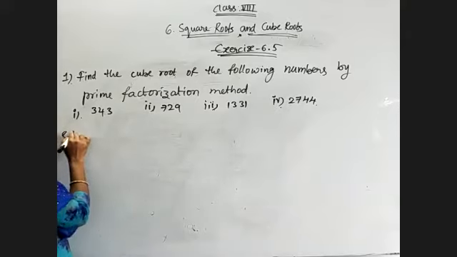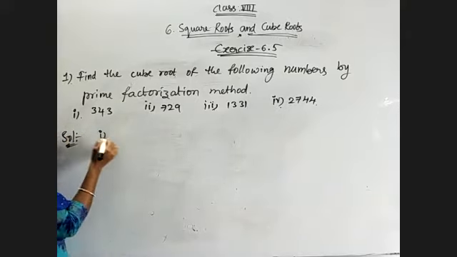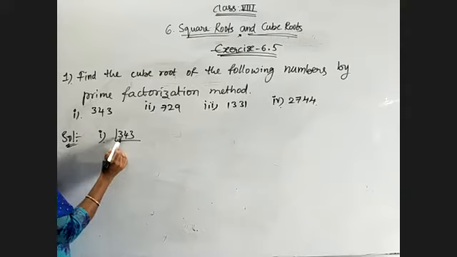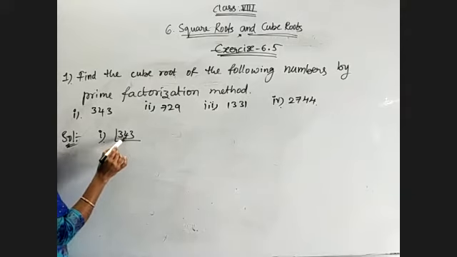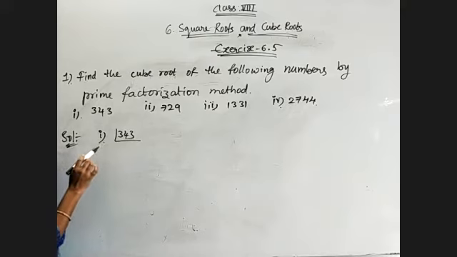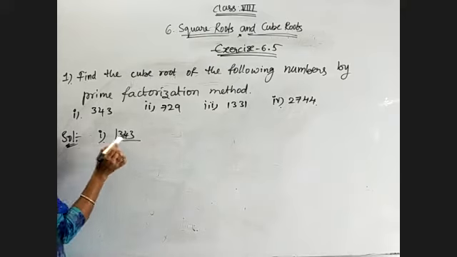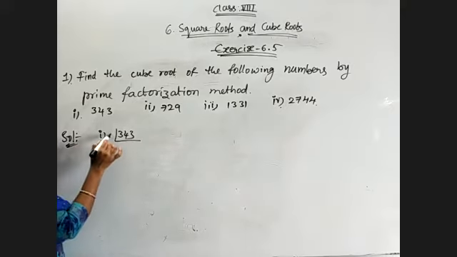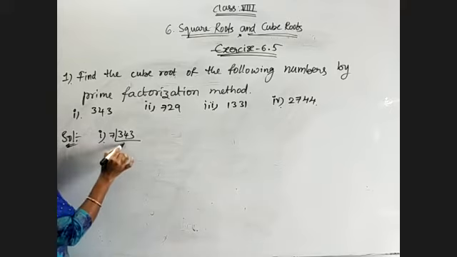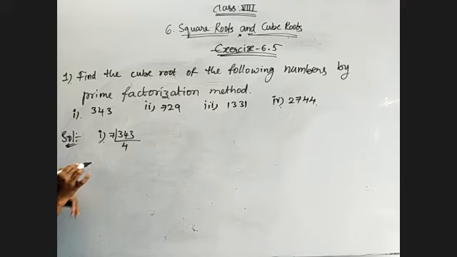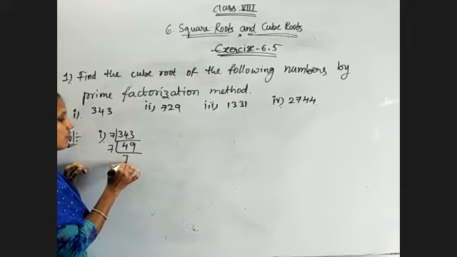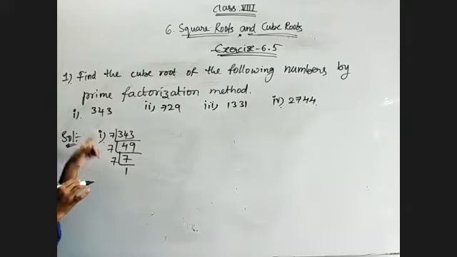Now observe the first question. I hope we know very well about prime factorization method. So just observe here, 3 plus 4, 7, 7 plus 3, 10. So it is not divisible by 3. Even it is not divisible by 2 or 5. Now go with the 7 table. Next prime number is 7 only. So 7 5s are 35, 7 4s are 28, then 7 9s are 63, 7 7s are 49, 7 1s are 7. Because it is a simple number, prime factorization method is suitable.